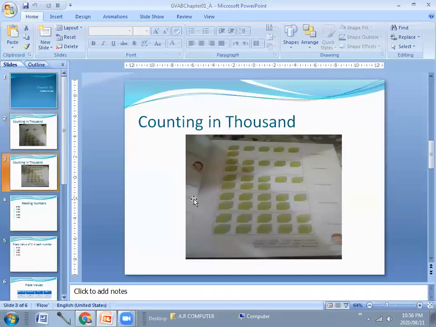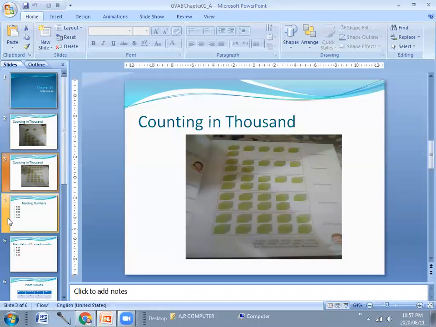Now coming to page number 6, you can continue yourself. This is 6,000. These are 7,000. These are 8,000. These are 9,000. Let me count it again. 1, 2, 3, 4, 5, 6, 7, 8, 9. So these are 9,000. You can see it is written over here. And these are 10 cubes, so it makes 10,000, right?